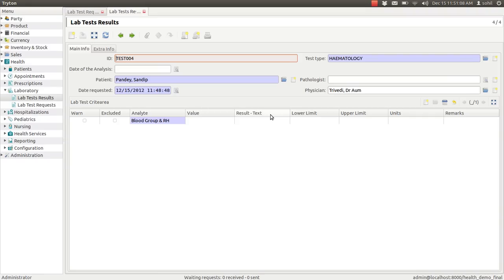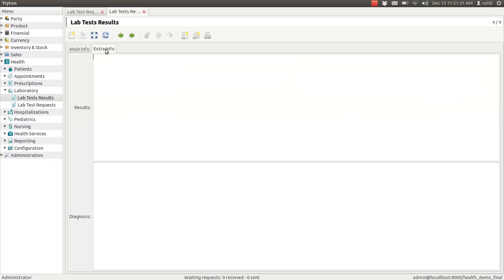Now once the test has been done, you can enter the values details here. And some remarks. There is also a field for extra info. You can enter the results and diagnosis here in this text field.